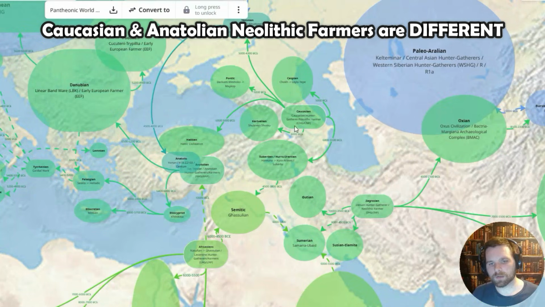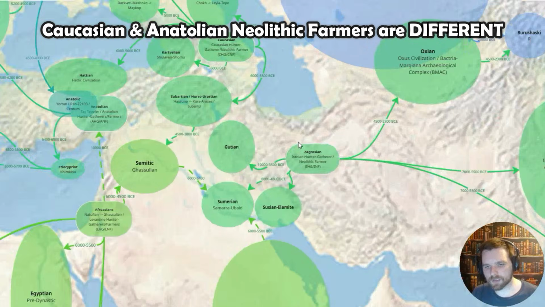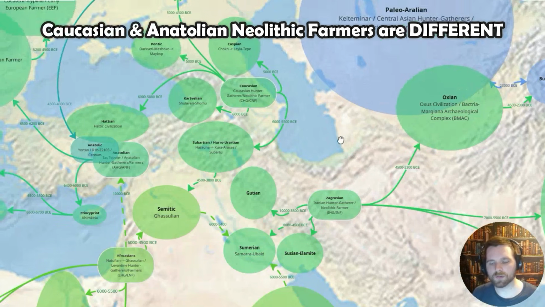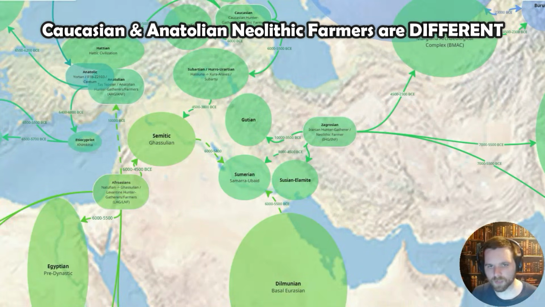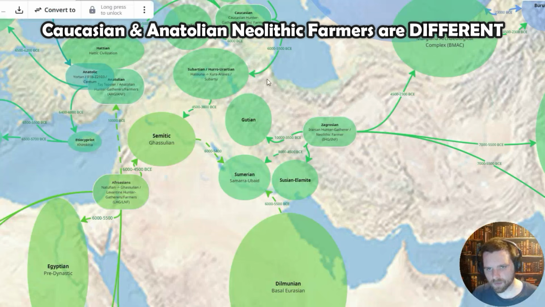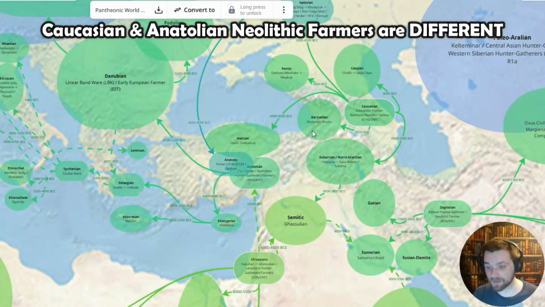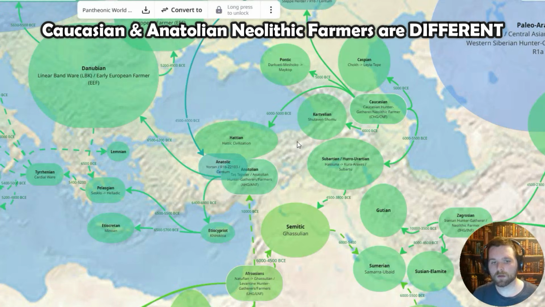And the Caucasians and the Zagrosians, so like this lower Iranian hunter-gatherers and Neolithic farmers, they were together one group kind of in this Caspian, Caucasus, Iran region at one point. Pretty distinct from one another. Not completely distinct because they're both West Eurasian, fundamentally, but it was a pretty old kind of split that happened